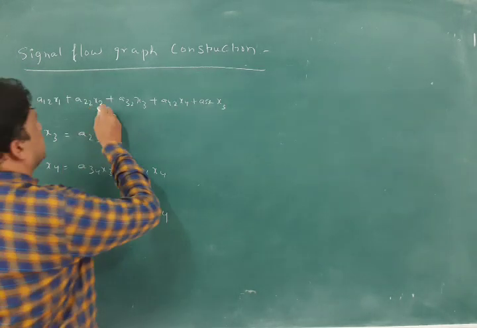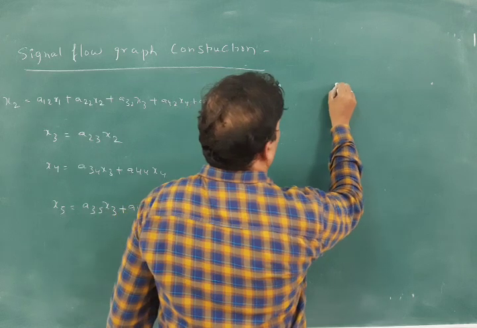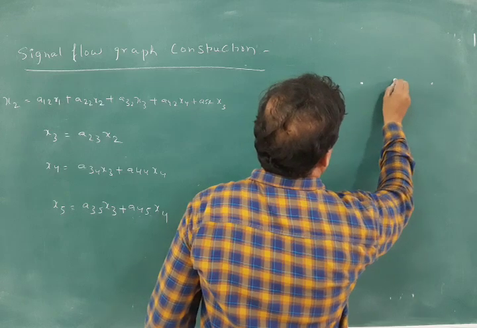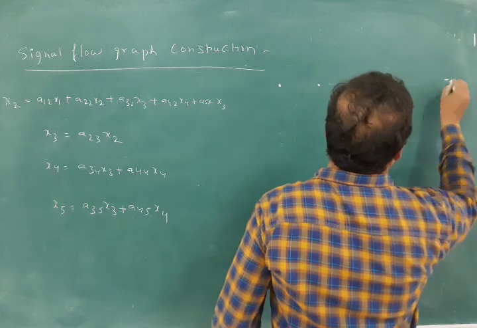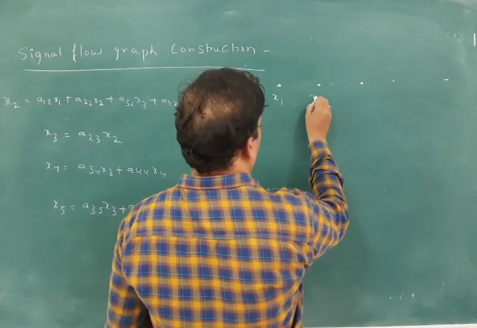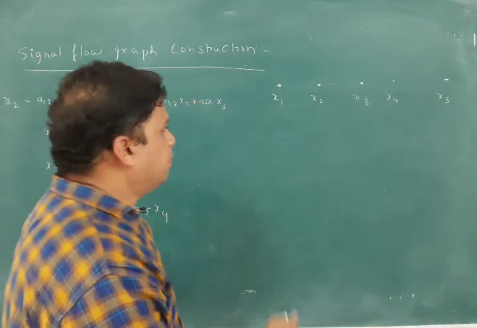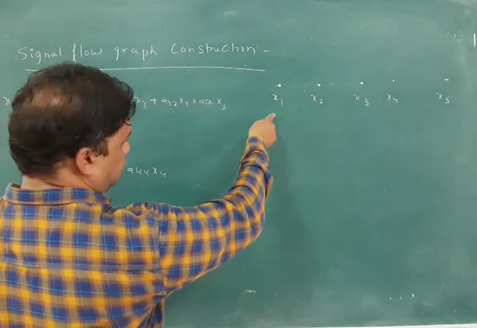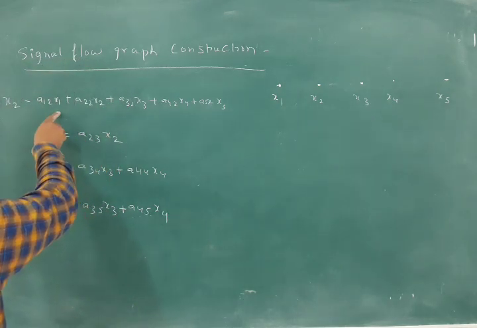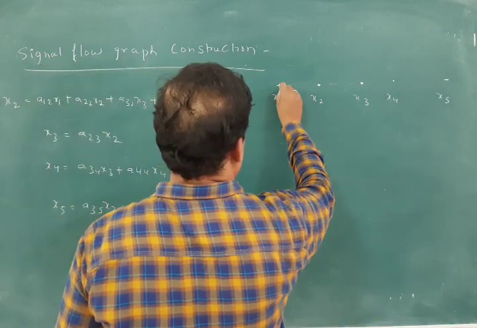Before writing any signal flow graph, first we have to see that the nodes are there. Mention the nodes first: 1, 2, 3, 4 and 5. These are the 5 nodes given respectively. So it is X1, X2, X3, X4 and X5. After seeing this diagram of dots, nodes, we call X1, X2, X3, X4 and X5, we will write the first equation here. X2 is equals to A12 X1. So A12 X1 means here